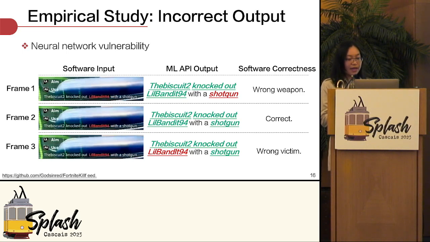answer. As an example, a real-time game tracker uses the text detection API to extract all the status logs from the screenshots. Here we show the logging area of 3 adjacent frames of a game video, which share the same text string at the same position. However, due to minor background changes, the API recognizes different text from them, leading the software to make different decisions.